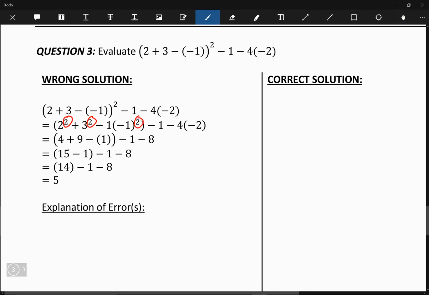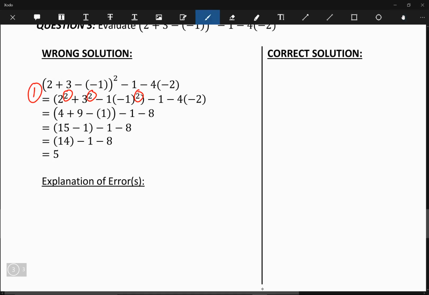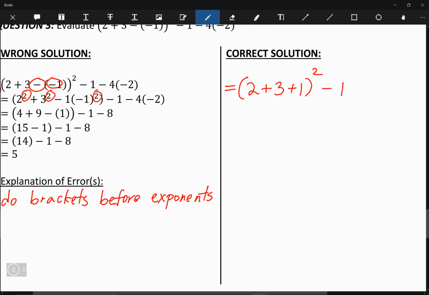So this student has to do the brackets before squaring. Okay, so let's just say this is number 1. Number 1, do brackets before the exponents. Okay, so what's that going to look like? Here on the side, you have to do 2 plus 3. And if you notice, the double negative, the same sign makes it a positive, so plus 1. And then all in brackets, then you do the square after. Okay, and then if I do the rest of the line, so minus 1, and then here,